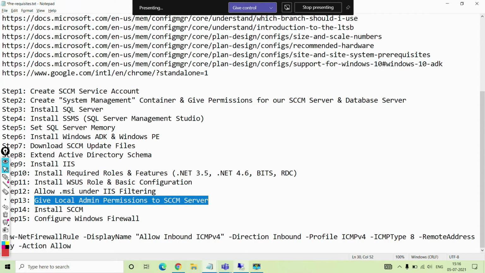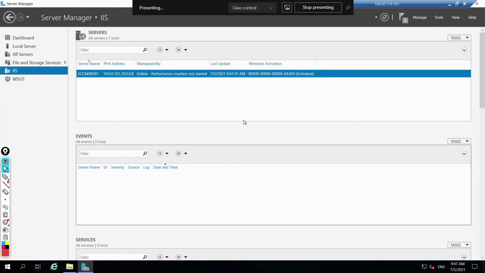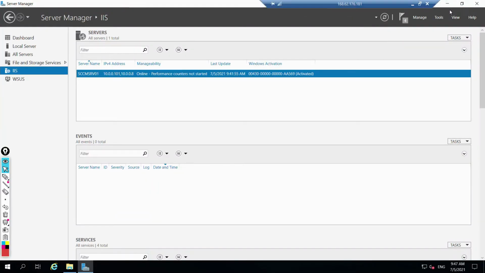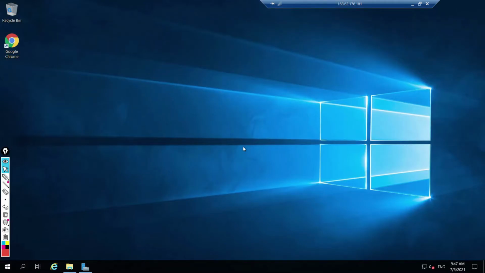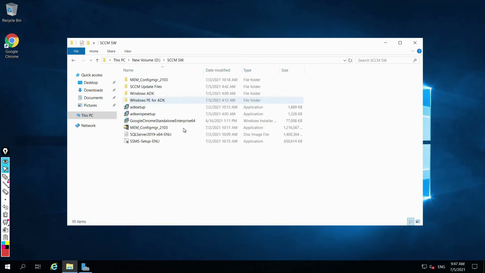Now the final step comes to install SCCM. So we'll start our journey for SCCM now. I'll minimize Server Manager, and I'll go to my D drive where I am having SCCM SW, that is SCCM software, and this is my SCCM software version 2103, right?